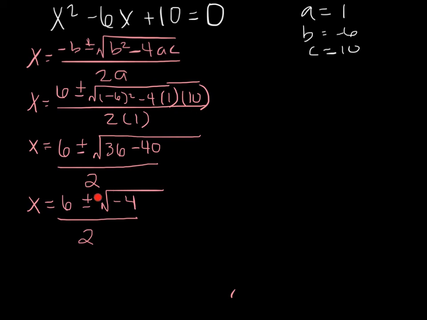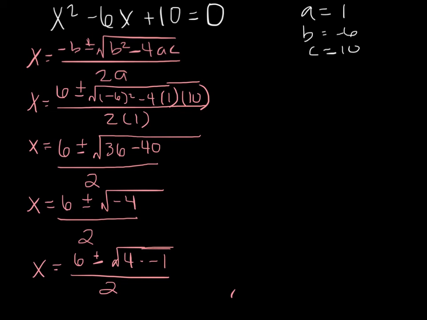So let's figure out how to write this as the square root of negative 1 times something. Okay? So we can break apart this radical and write it as x equals 6 plus or minus the square root of 4 times negative 1. Okay, so we've got that negative 1 component in there, which is what we're looking for,